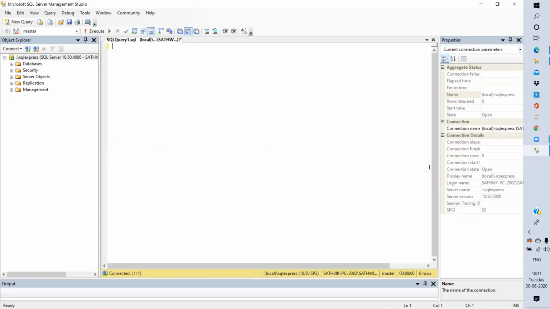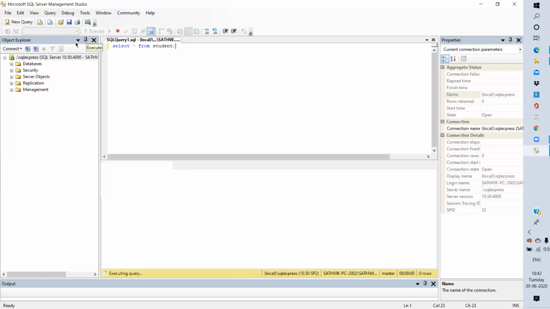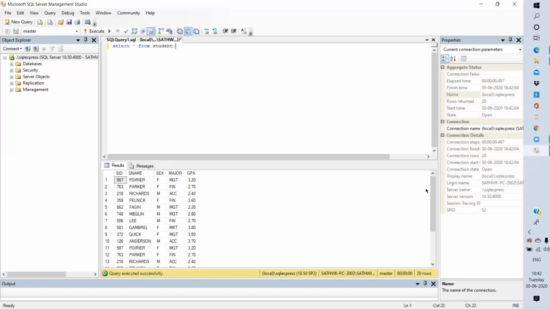And now we use select commands. Select star from table name, student, semicolon. Hit the execute. See, this is the total students data.